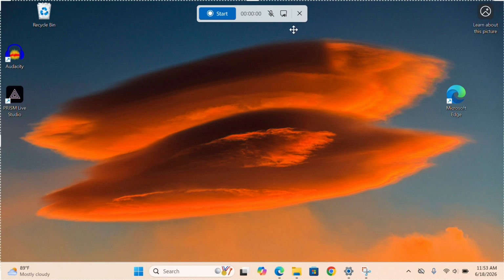So you leave it there, and most importantly, don't forget to turn on the microphone, because if you don't turn on the microphone, it just keeps recording without any voice, and it might be useless sometimes. So make sure you turn on your microphone. When you turn on your microphone, then you can go ahead and hit the start button. I won't hit it right now because I'm currently using it to record this video. So that's it. So simple as that.